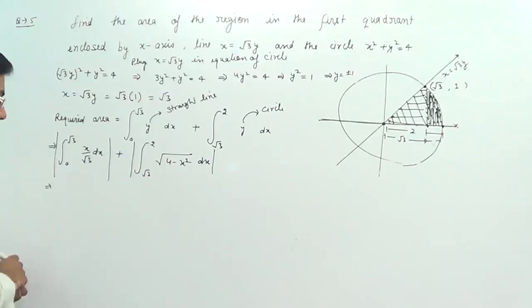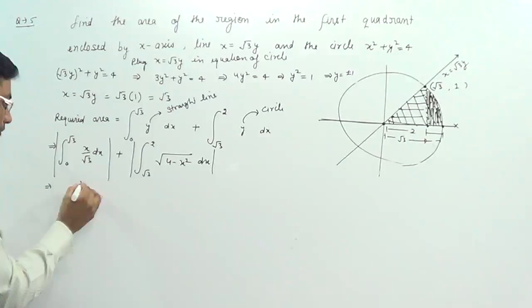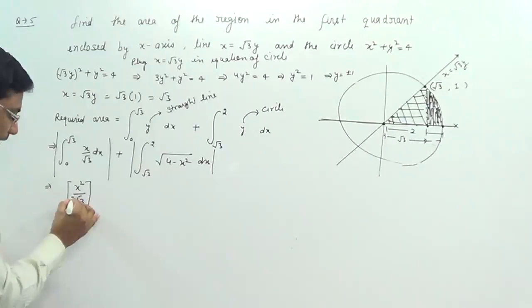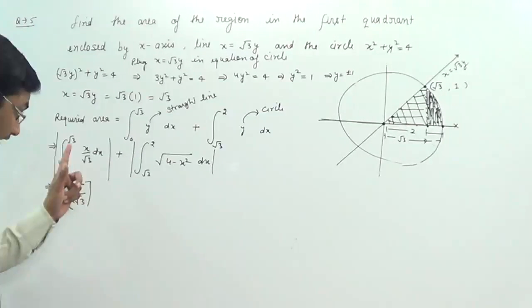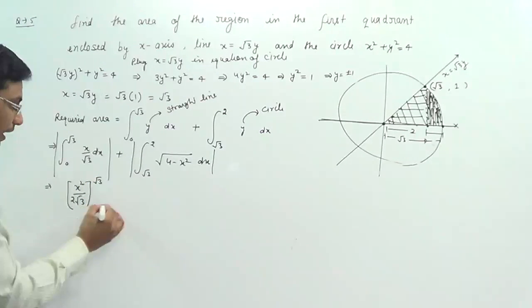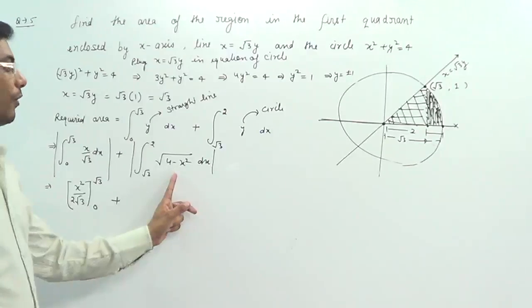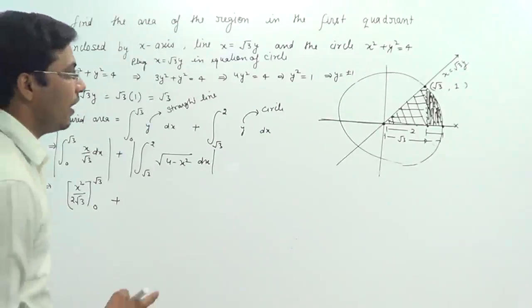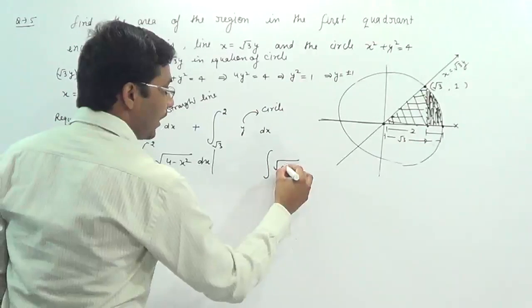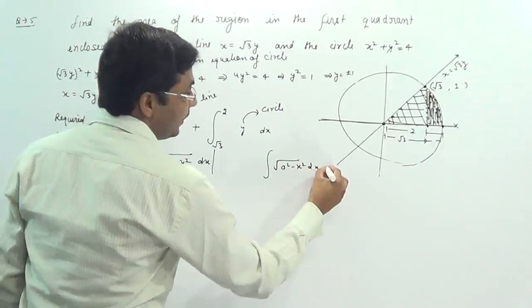Now integrate them. The integration of x is x square divided by 2. Use the formula of x power n, plus here use the formula of a square minus x square. I have taught this formula earlier that the integral of root a square minus x square dx will equal to